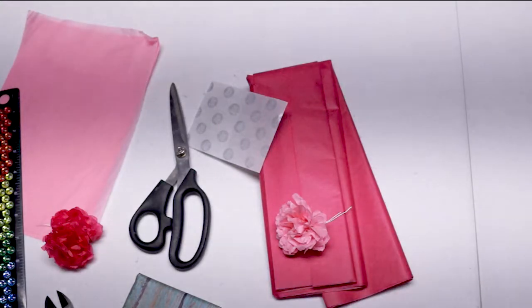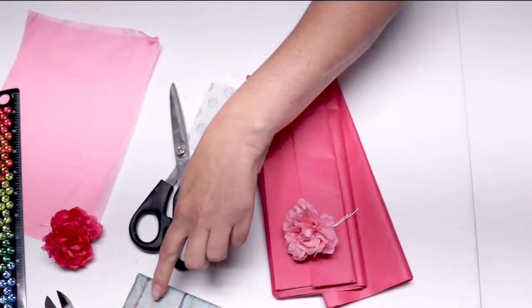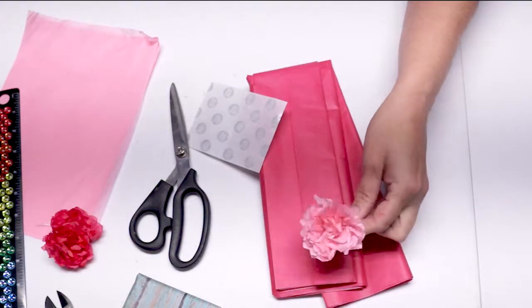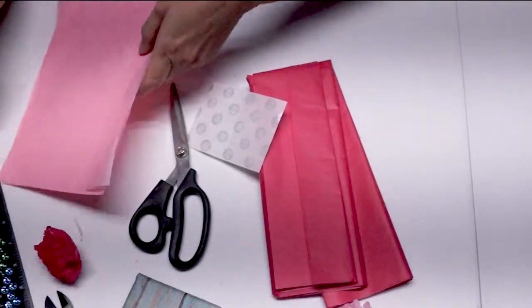Hello, today we are going to make tissue paper flowers. They're going to look like this, and we're going to turn them into bows for presents. You can make them bigger if you have a bigger present. But today we're going to take 4 sheets of paper,